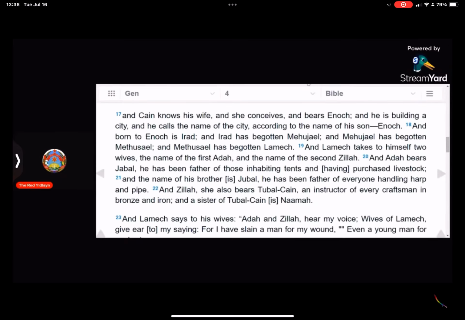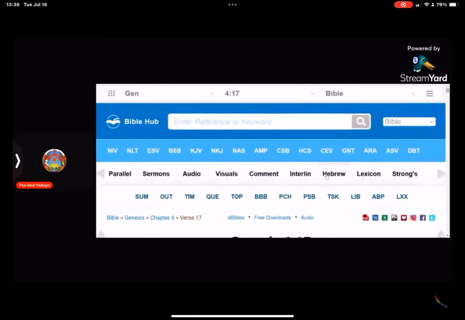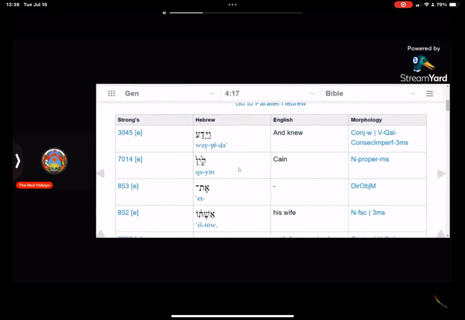The children of Cain are called Cainites, and I've pointed out the spelling of the word Cain. Here we have in Hebrew the word Cain. You can see it's here. This is a kaf, a yod, and a nun, a q, kaf, and a yod, a y or an I, and a nun, an n, final nun sofit. And the plural form of this word